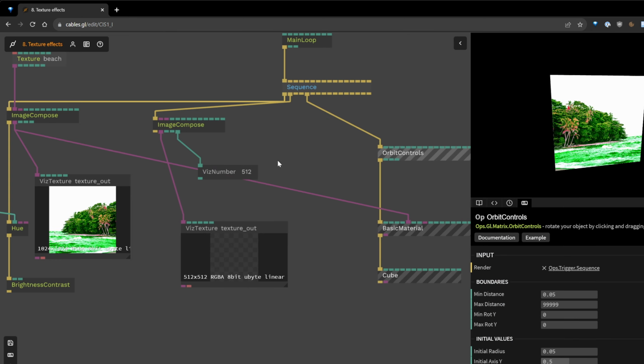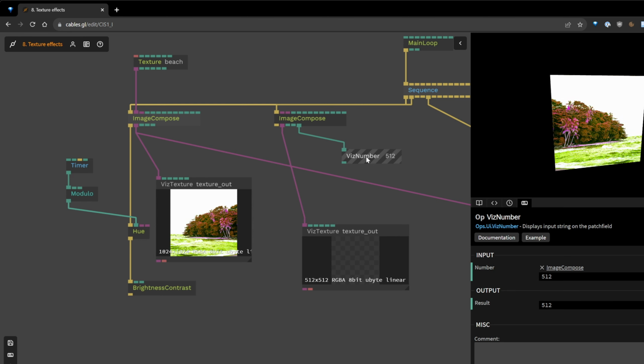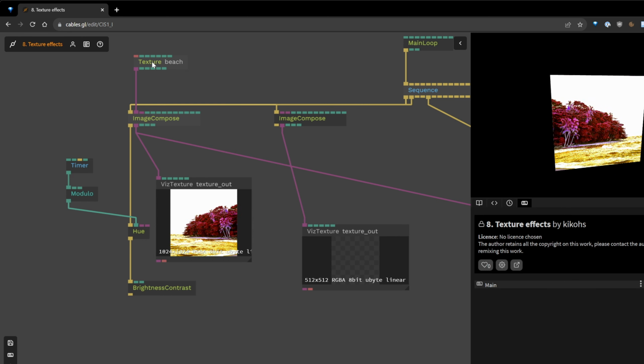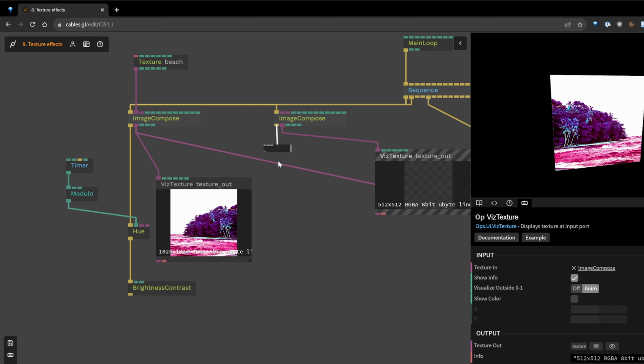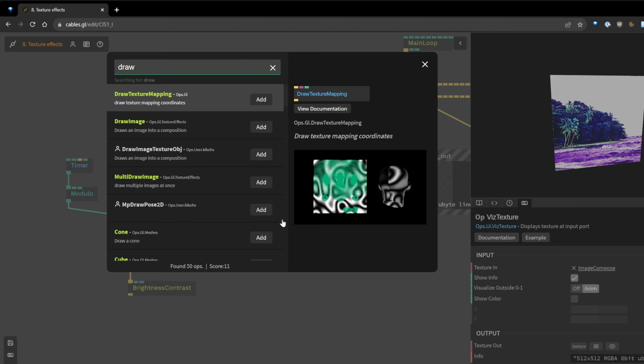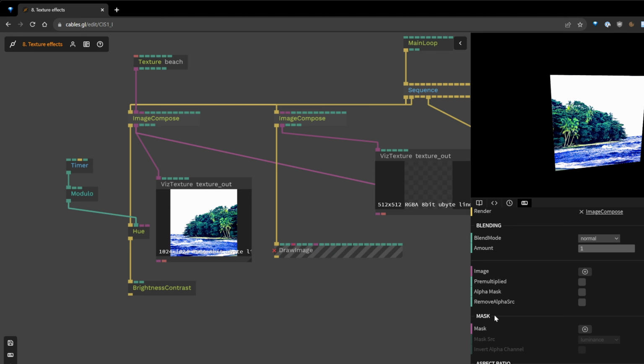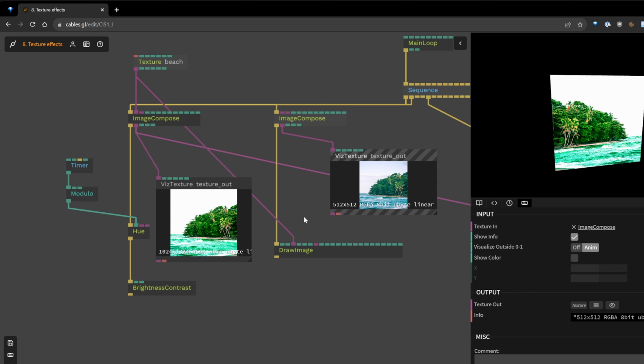What else could we try? So the first thing I want to show you is, what if I want to draw the image? Like I want to reuse my same beach here, but I want to control the size, and I don't want to put it as input for whatever reason. It's one of the most handy ops in the image compose pipeline. I would call it the draw image, which is simply a way to draw an image and then a mask if you need one to hide part of the image. And notice that this image here will be downscaled to the size of my image compose here. So, okay,